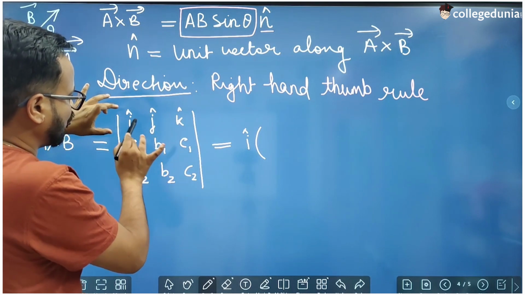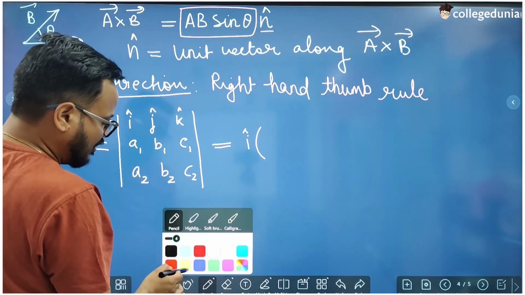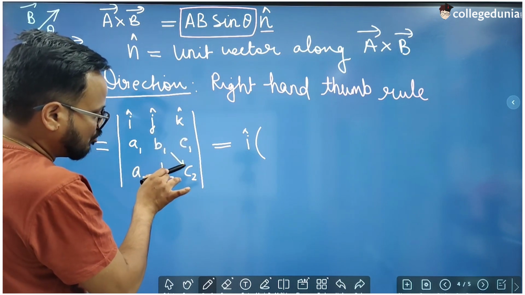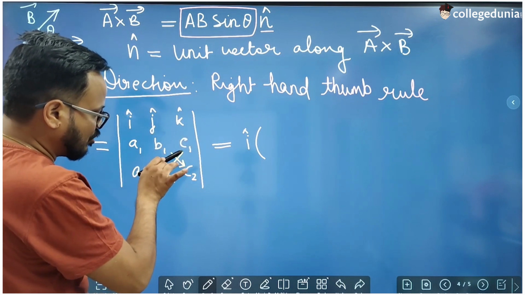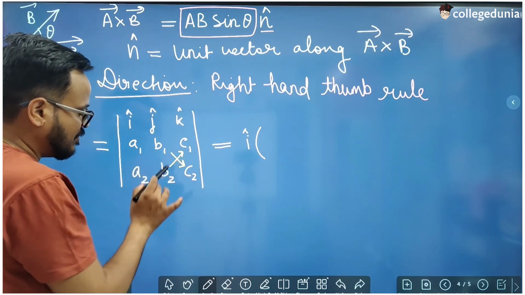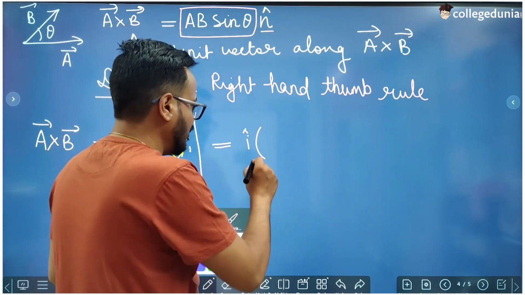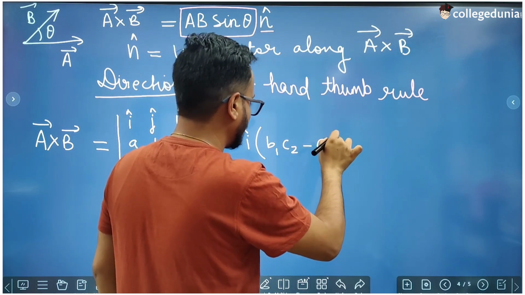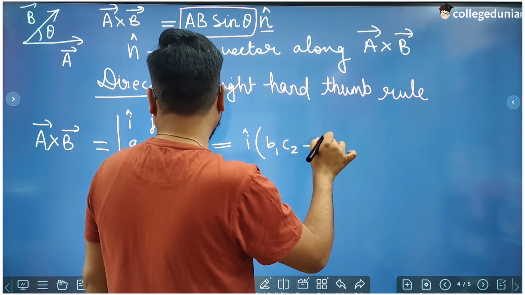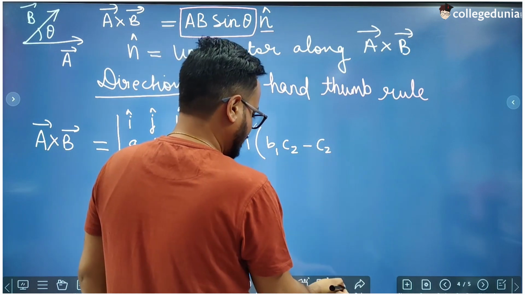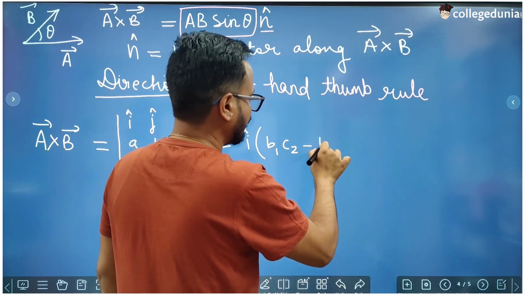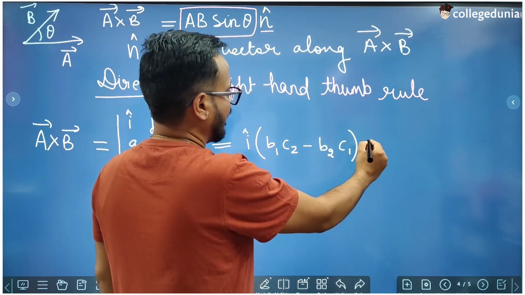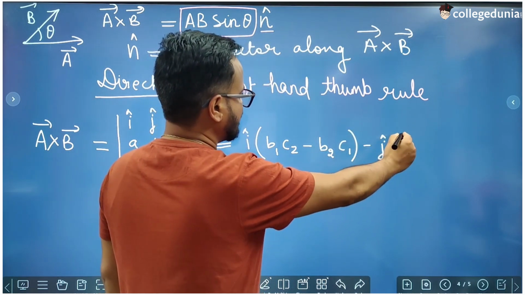Now we are left with these four elements and we will multiply them crosswise and subtract this product: b1 c2 minus b2 c1. Then you will put minus j cap